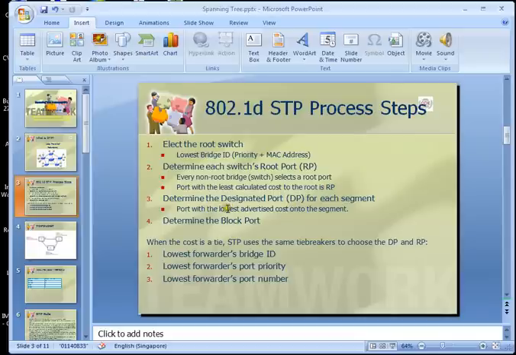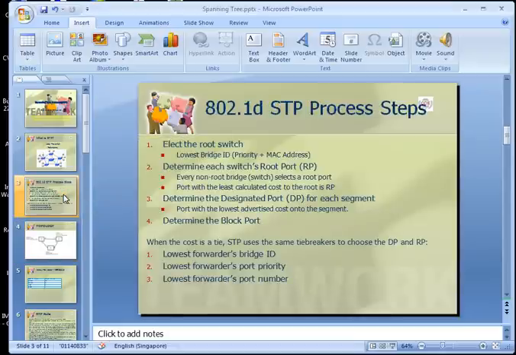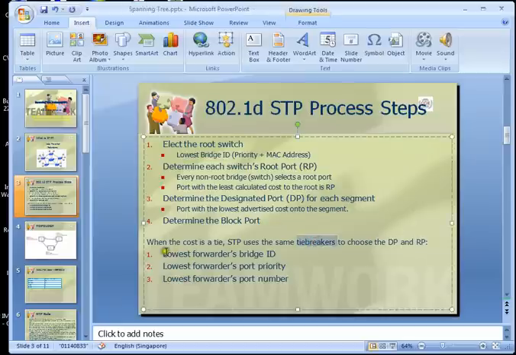They will choose the port with the lowest cost into the segment. So if we see the cost of both ports is the same, then there must be a tie break. The first tie breaker is the lowest bridge ID.